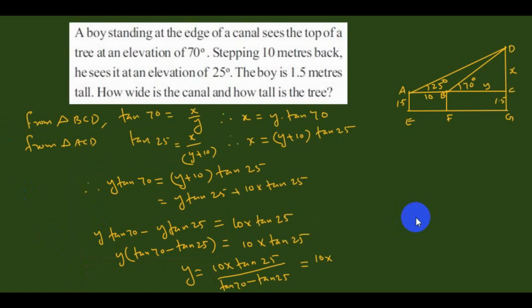This one, 10 into tan 25, it is 0.46, divided by tan 70, 2.74 minus 0.46. അതെന്തായിരിക്കും? That's equal to the remaining part here I am writing. See, that's equal to 10 into 0.46, which will be 4.6. 4.6 divided by,